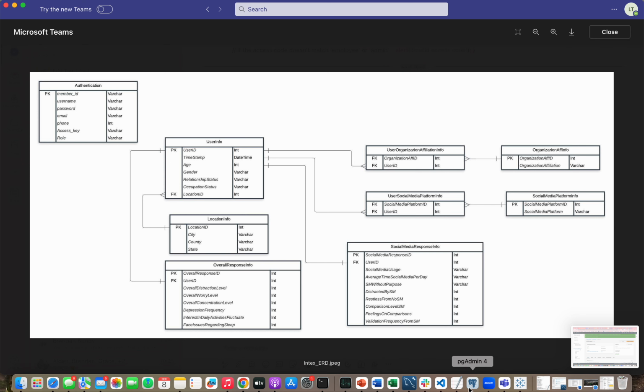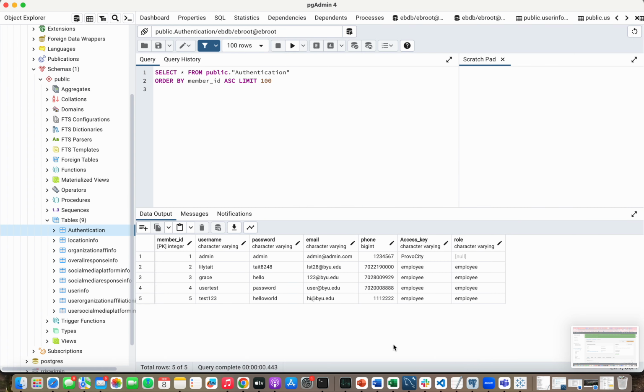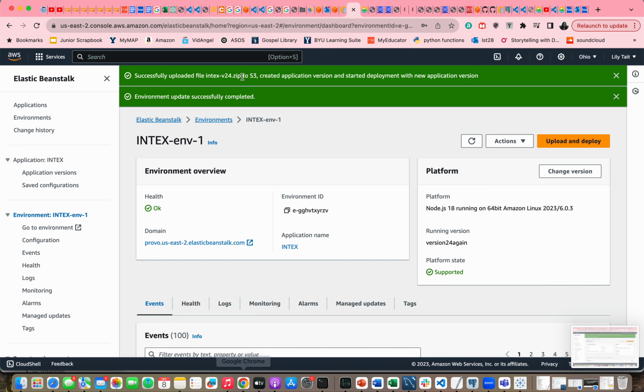And then if we go to our database, we can show this in a second, but this does read info from the database, or our application does. This is just an example. We went through and put in some test admin, and that's just an example of one of the tables where it is updating live or with refreshes. So we can come back and show that after we go into the website and show what we can do with that. So now we'll go to our website,